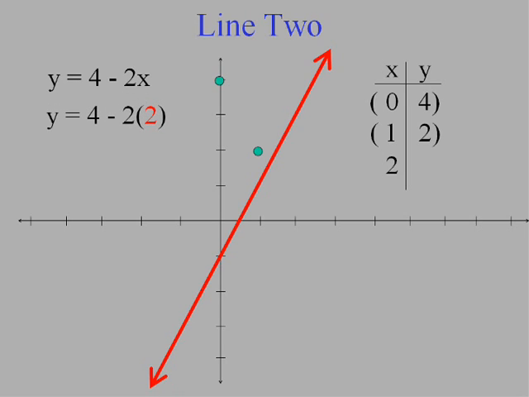If I put in a 2, I'm going to get 4 minus 4, or 0. 0 can be an answer. And I will graph the point 2, 0 by going over 2 and up none. And I'll feel pretty good because they line up. And let's draw our line. Well, now, hopefully you can see